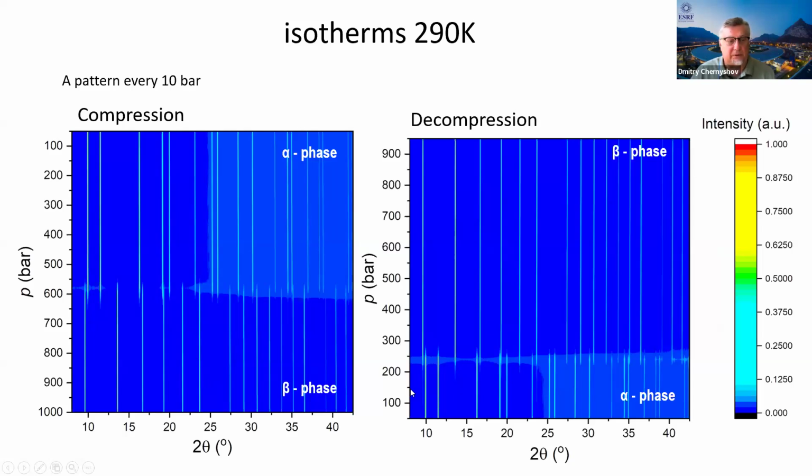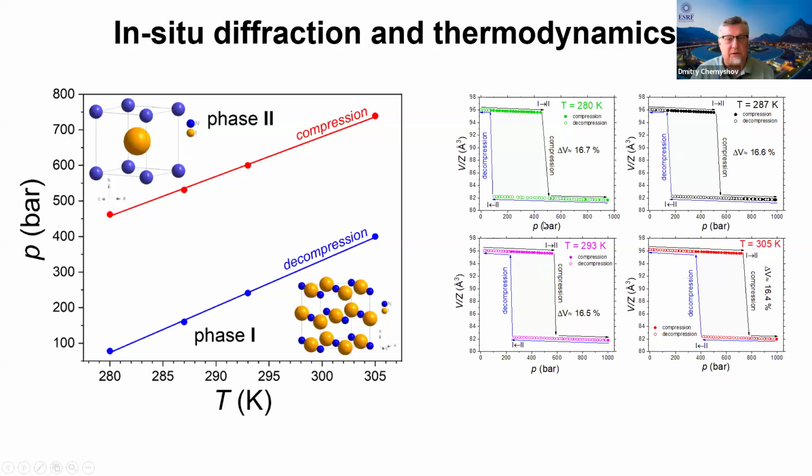So you see the powder pattern looks perfectly okay, well resolved, clean. And you see the phase coexistence, you see the shift of the phase transitions, and you can immediately calculate the volume jump associated with these transitions and build up a phase diagram. From this phase diagram, immediately from the slope of the border between two phases, using the Clapeyron equation, you can calculate